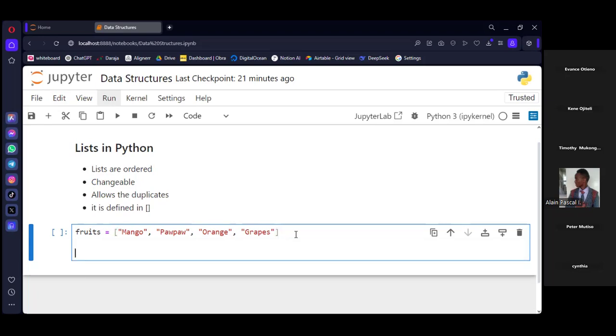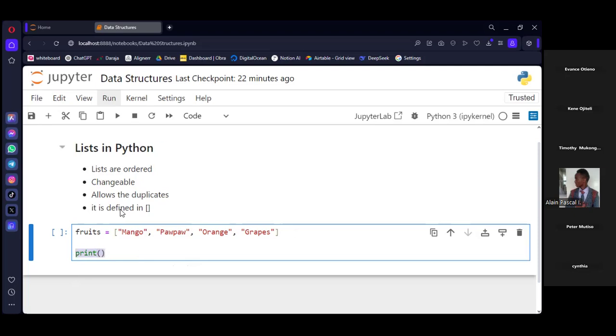Who remembers the function that we were using to check the data type? Let me see in the comment. Yeah, we are using the type function. Thank you so much. Remember, we usually use the print statement if we want to execute anything in the terminal.